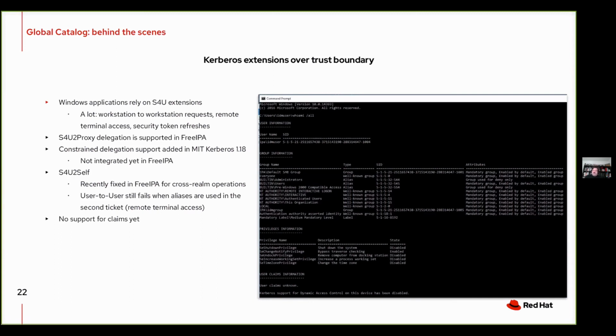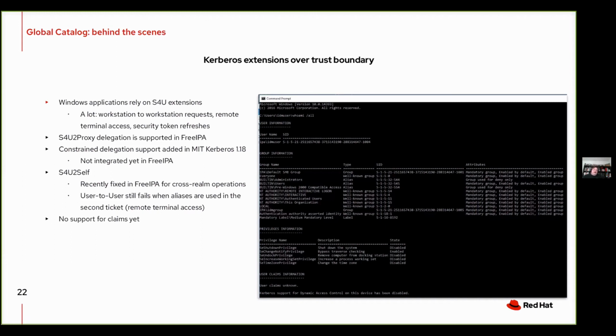Just before this talk, I pushed these changes into IPA and it seems to have broken some synchronization. The code is in the master, but it's not on the mirrors yet. And there are still things failing, like user to user. It's still failing with aliases in the second ticket. That's the remote terminal access. The interesting part is that the same thing applies to Samba AD with MIT Kerberos.